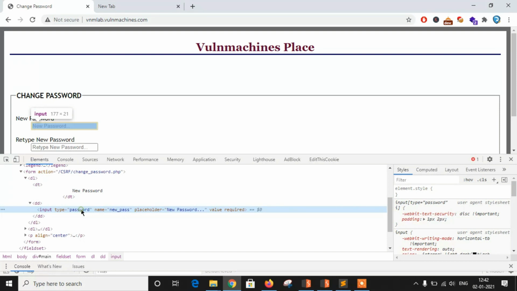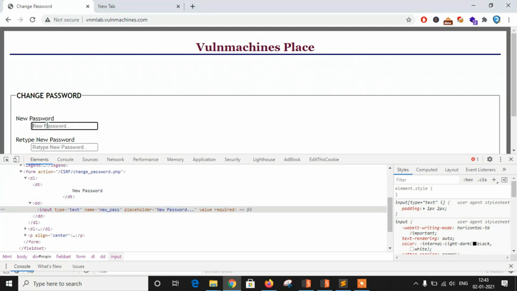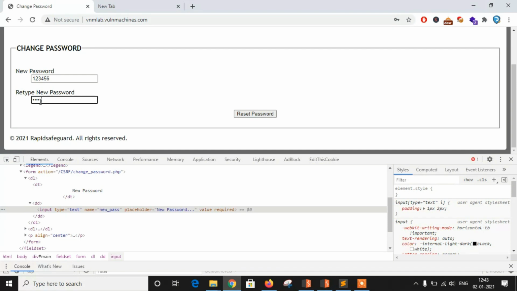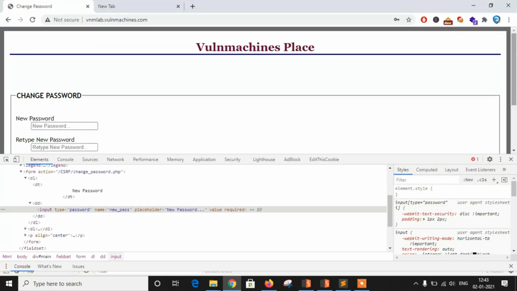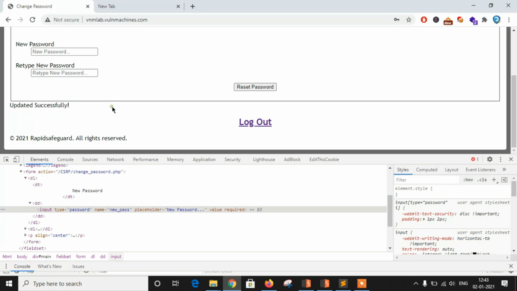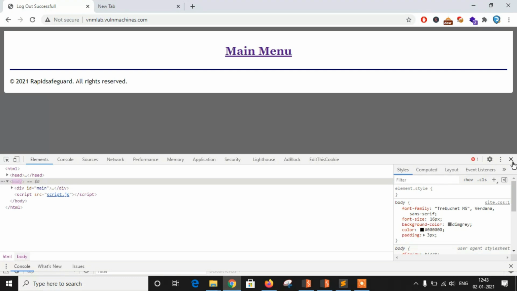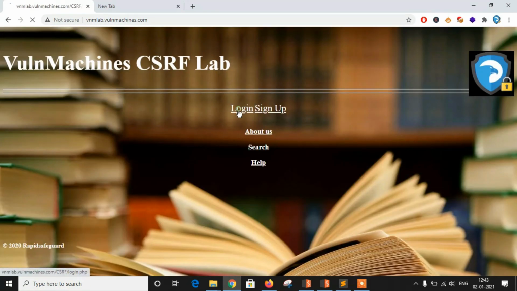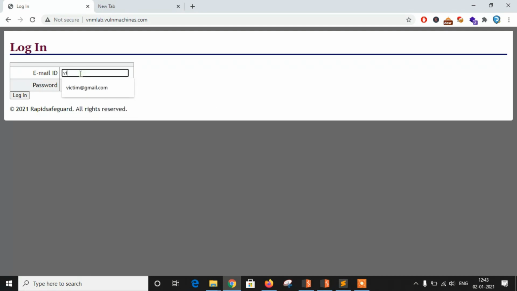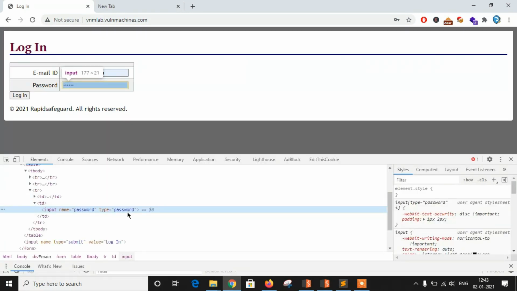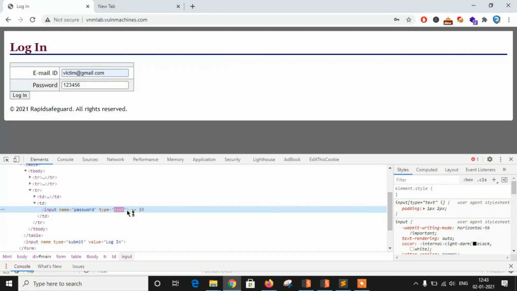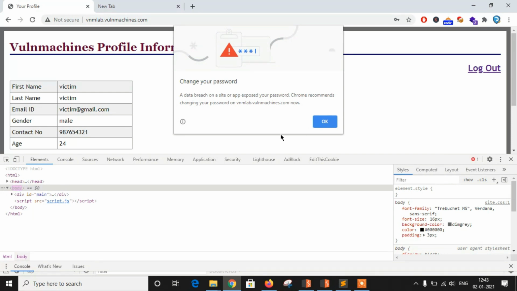I'm setting his password as 1 2 3 4 5 6, confirming 1 2 3 4 5 6, and clicking on reset. As you can see, password updated successfully. Now let's log out and check whether the password was changed, and log in with the victim and give the password. I type 1 2 3 4 5 6, and I don't want to change anything.